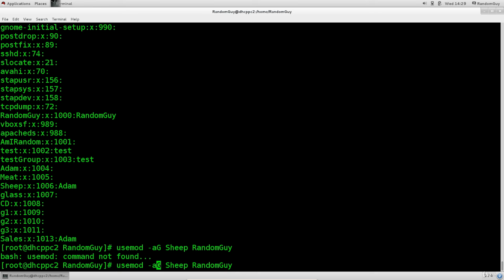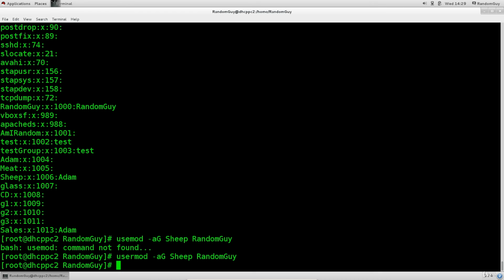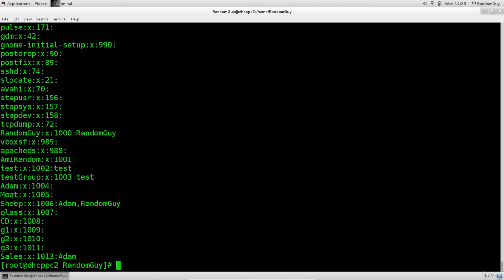Sorry, not user mod. And if I go ahead and cat the group, now you can see that both of these users actually belong to this group. You can also append this file manually, so vim